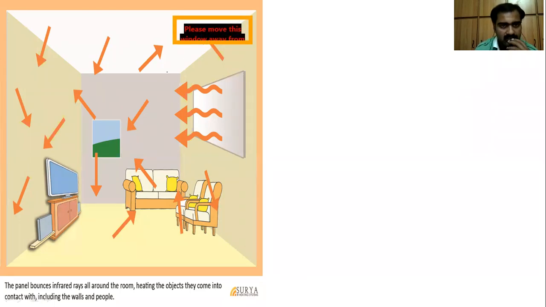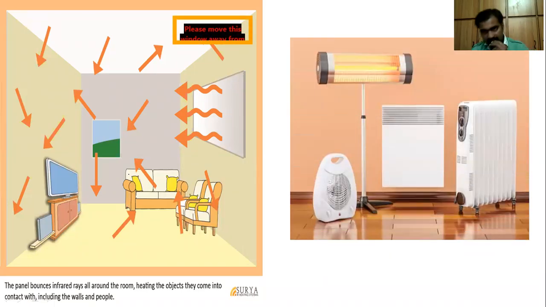So nothing but these radiations are going to bounce on the surfaces and make the surfaces heated. While we are present in this room, the room gets heated, and you are just going to feel that warmth. So here temperature control is possible. I will show what appliances we are going to use for this heating process. That is infrared or radiant heating.